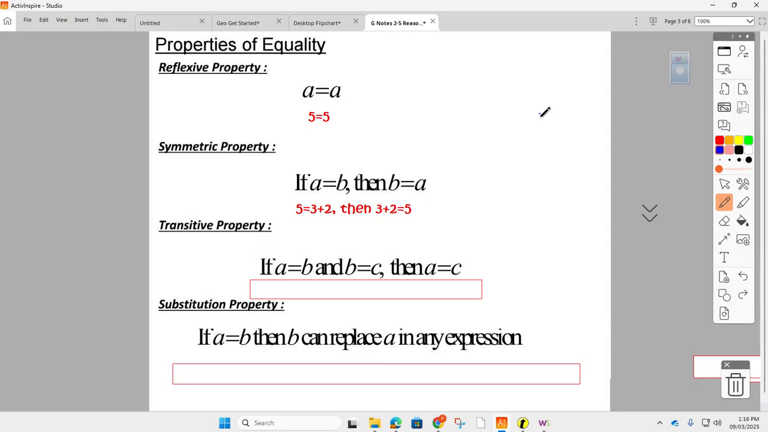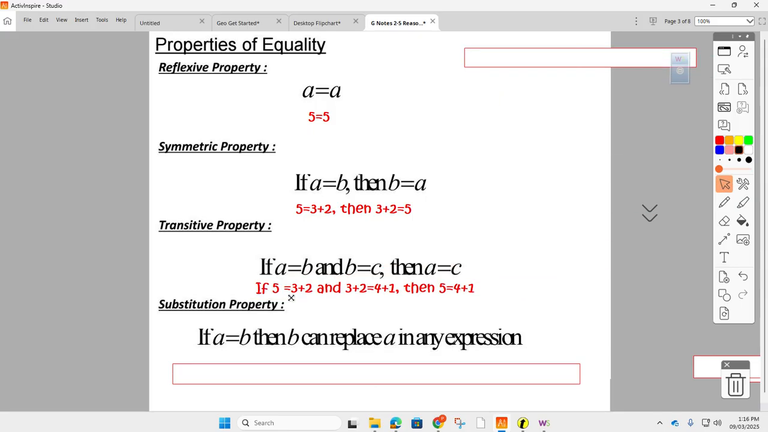Transitive property. The transitive property says if one expression, let's say expression 1, is equal to expression 2, and expression 2 is equal to expression 3, then expression 1 must be equal to expression 3. I think it makes more sense when you put actual numbers in it. So for example, if we say that 5 is equal to 3 plus 2,